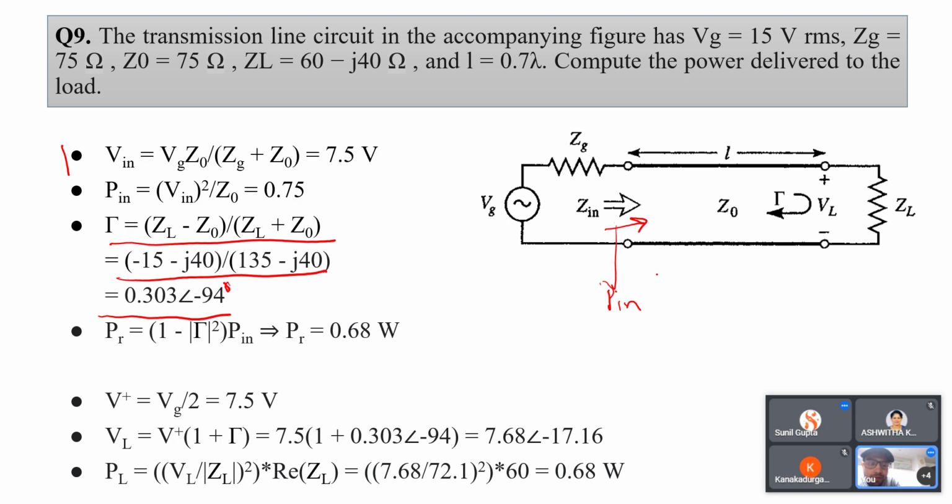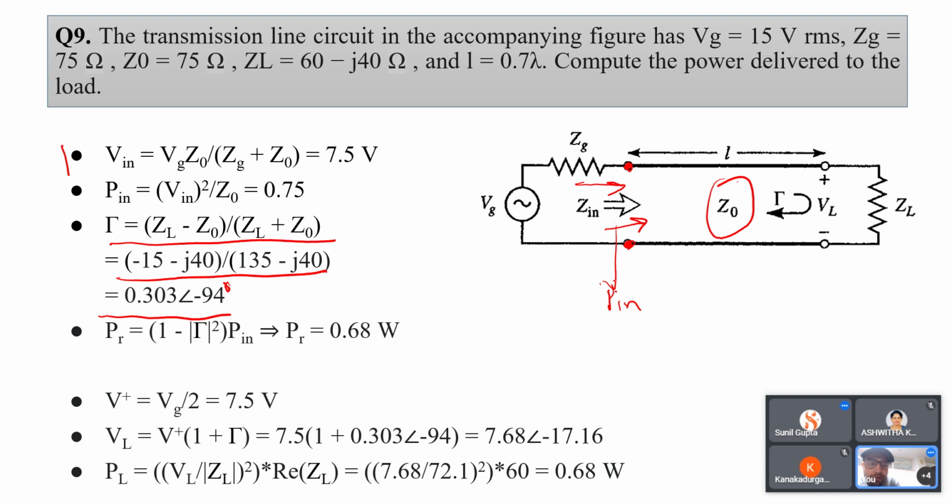Okay, so for finding the value of input power, you have to first consider the case when this signal is just approaching this transmission line. What impedance will this input signal see? It will be the same as the characteristic impedance of the transmission line. You can now use the voltage divider rule so as to find the value of